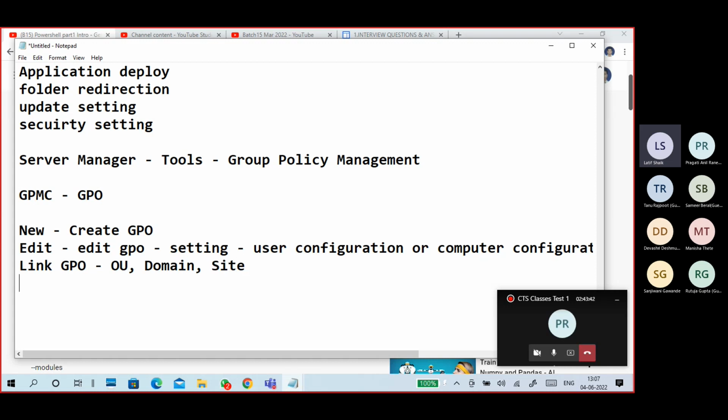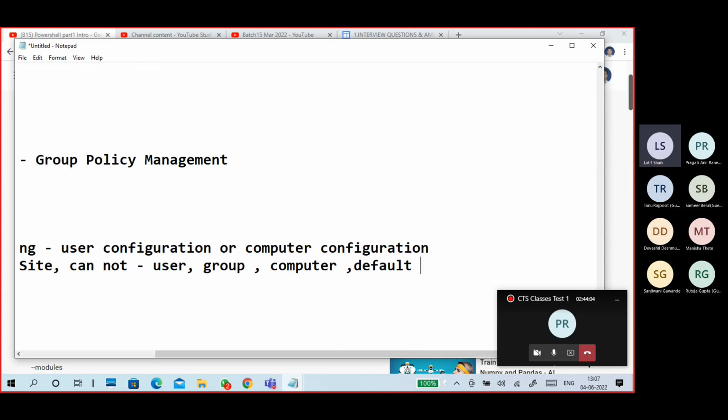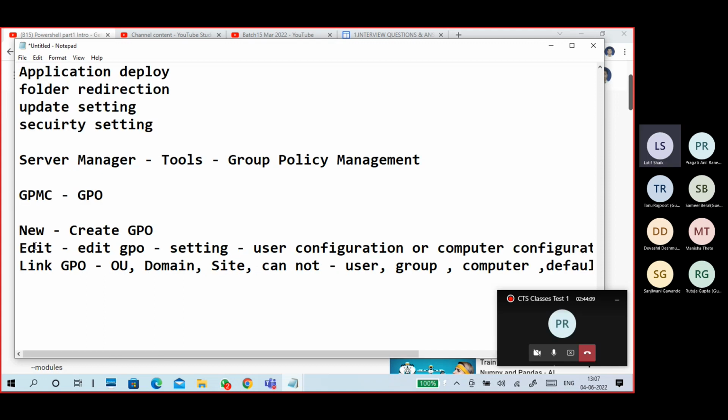We cannot link directly to user, group, computer, or default containers. So we cannot link to a user container, computer container like that. Okay, new, create a new, edit, link.